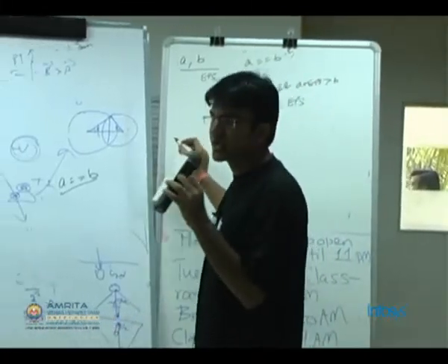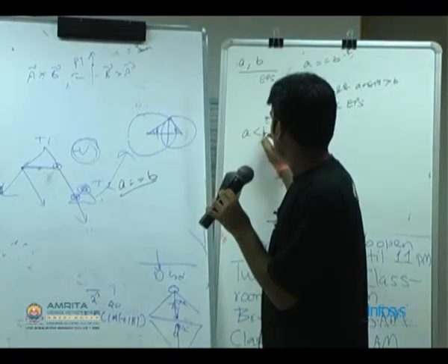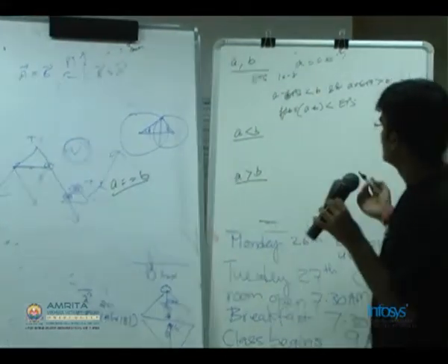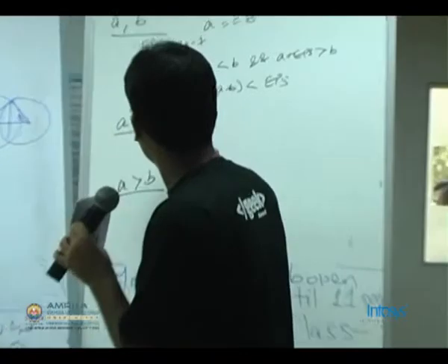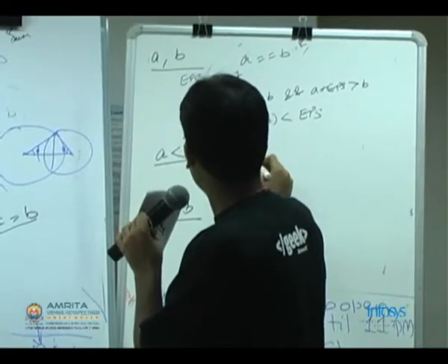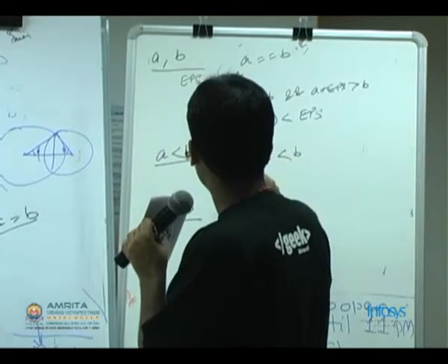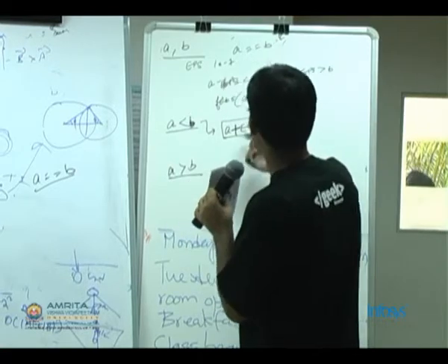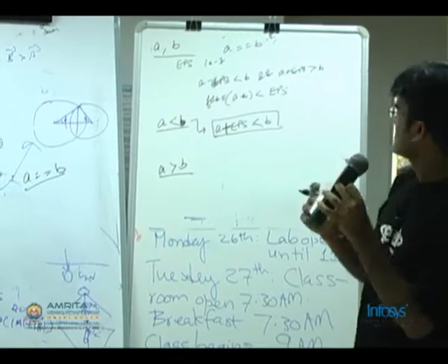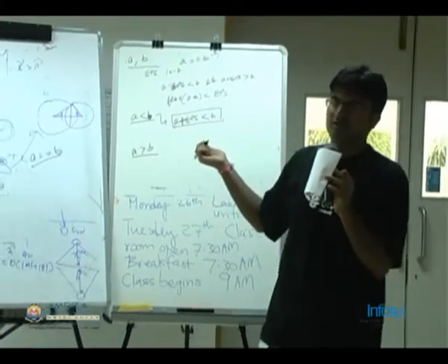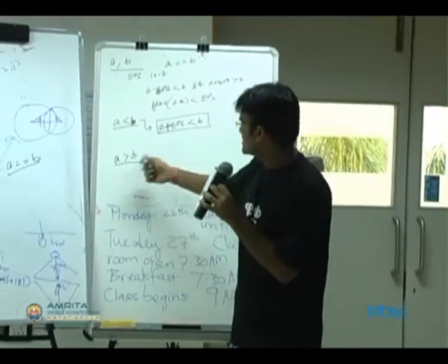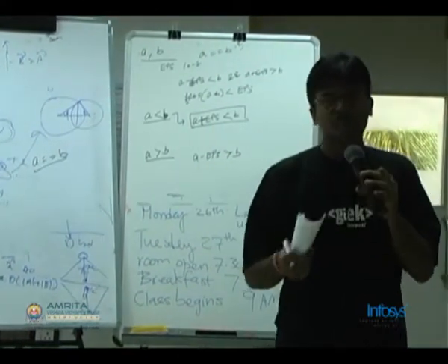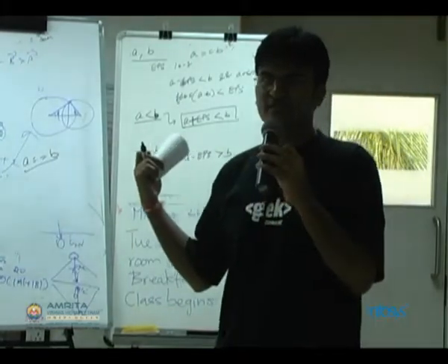So similarly, whenever you're doing a less than operation, so let's say you want to check A less than B or A greater than B, both these cases are quite similar. You can just check if A plus epsilon is less than B, then you can assume that A is less than B. Similarly for this, you can just check if A minus epsilon is greater than B, then you can assume that A is greater than B. This makes sense, right? Yes.